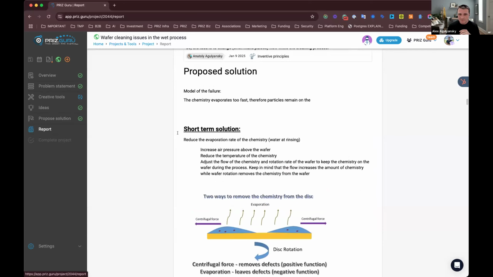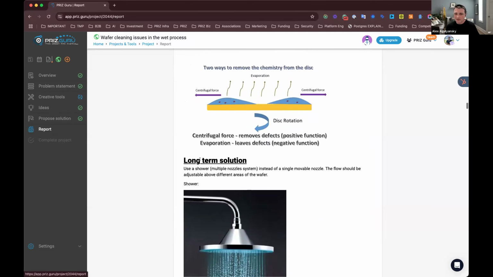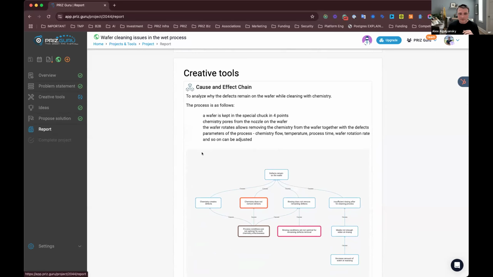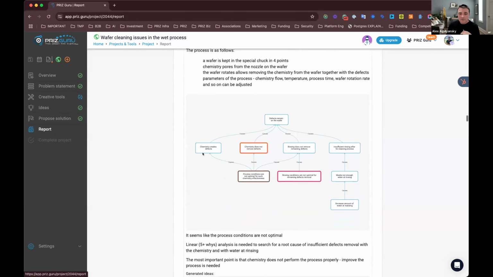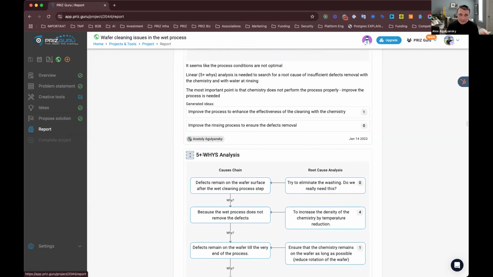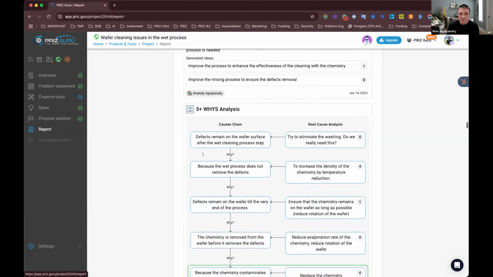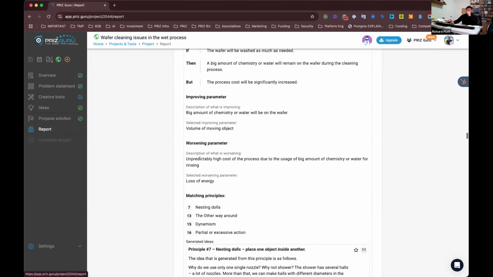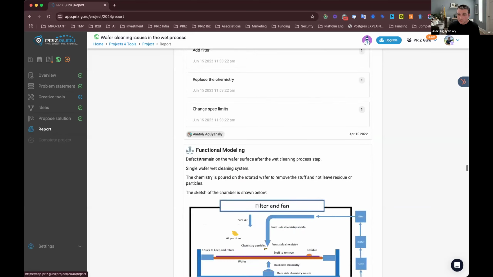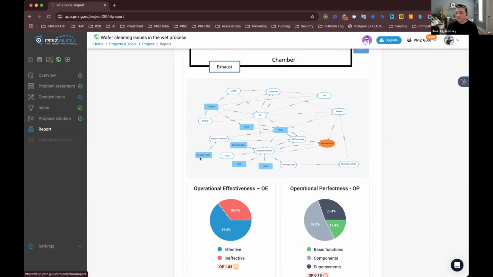So in this case, I treat the short-term solution as a corrective action, and the long-term solution as a preventative action, right? It depends on the industry, it has slightly different names. And of course, every tool and everything that we do inside the platform, including meetings, gets documented inside the platform as well, and they're all visible in this report as one big report, and there is nothing that the person who works on it needs to do about it.